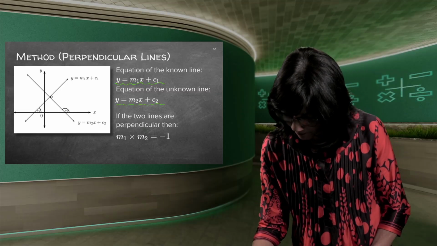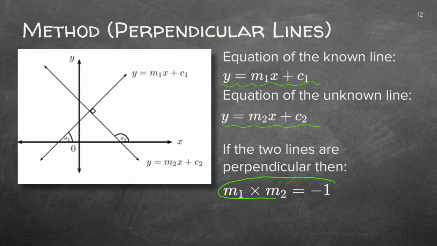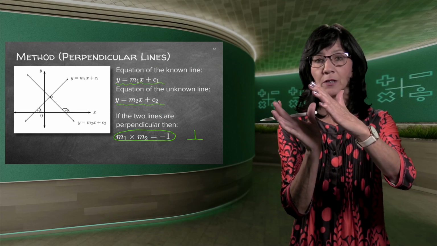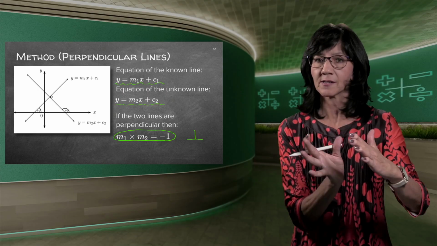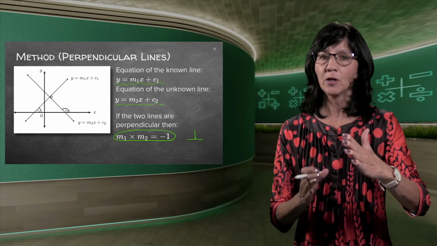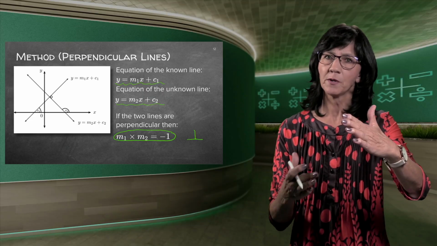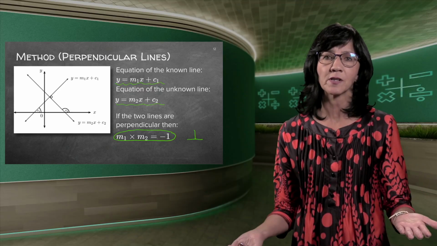Good, but here's the important thing. Here is the very, very important thing. If you read the word perpendicular, or if you see that perpendicular sign that I've made there, immediately you write down m1 times m2 is equal to minus 1. Now, these are the only two things you need to learn. The parallel one, m1 is equal to m2 because they are just the same direction. Perpendicular means they are different directions. So if I multiply them with one another, one needs to be a plus and one needs to be a minus. That's why the answer is minus.